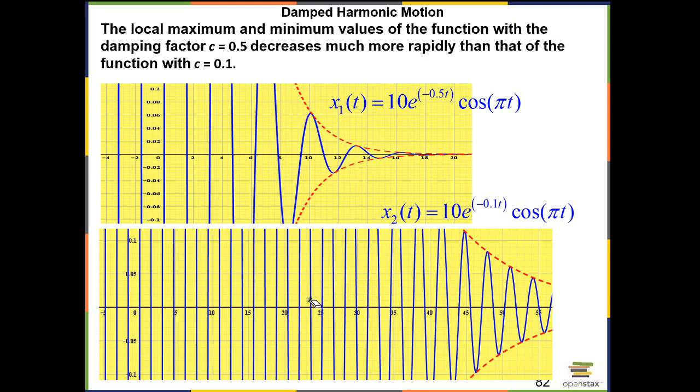But this one keeps its height up to about 45 or something, right? And then the amplitude gets smaller and smaller because the damping factor of this one is smaller, as you see. So the complete treatment of these would be in calculus or in engineering math. But here I'm just mentioning them because they're important